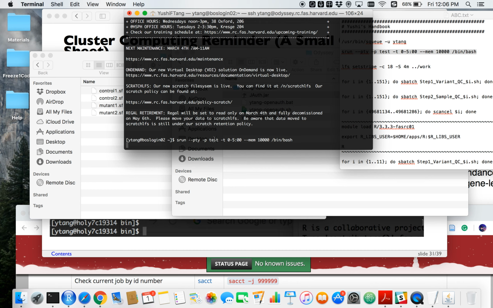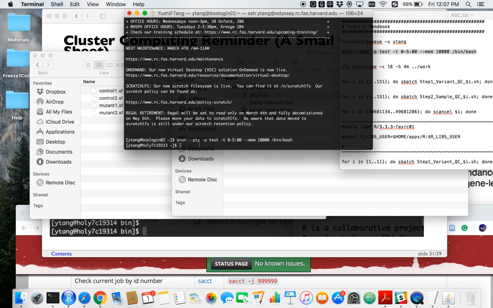It leads you to the test partition. And -t means the time you want to run this interactive job. It varies. So for me, I applied for the upper limit of 5 hours. And --mem is the space that you need for this interactive job. Basically, you can see that this is a simplified version of the shebang